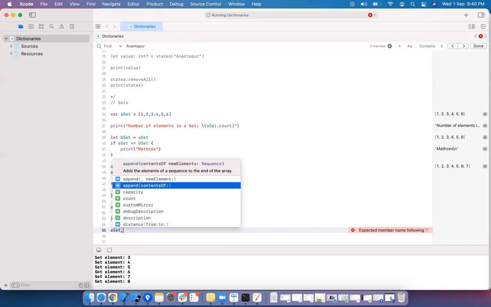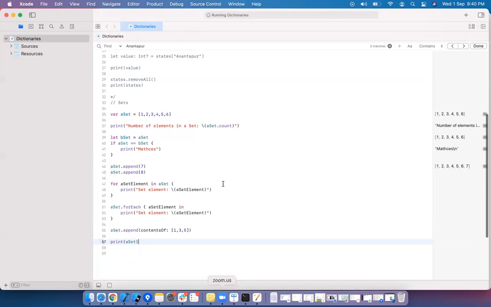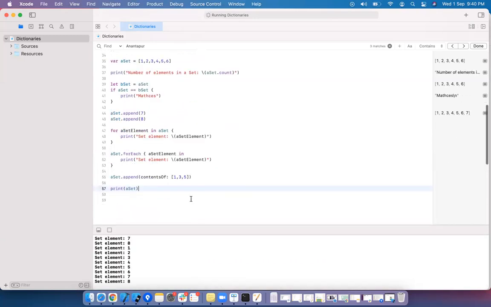Append contents of sequence. I am giving 1, 3, 5. Print a set. Finally, we are printing the set. See the result.